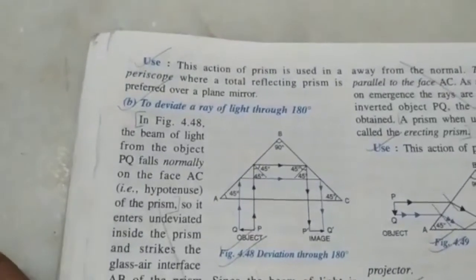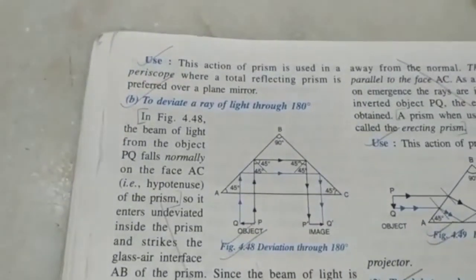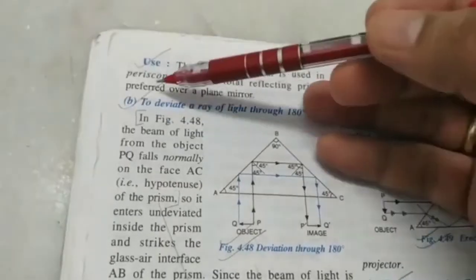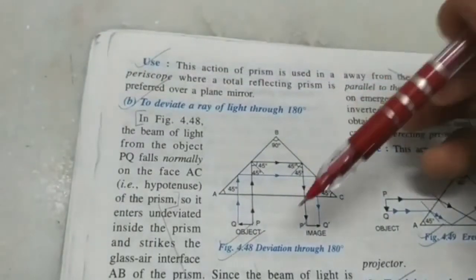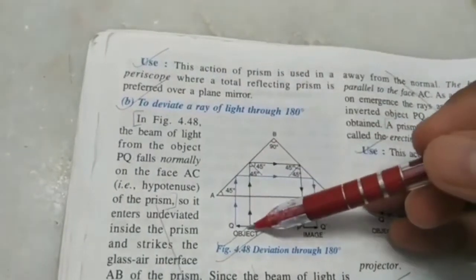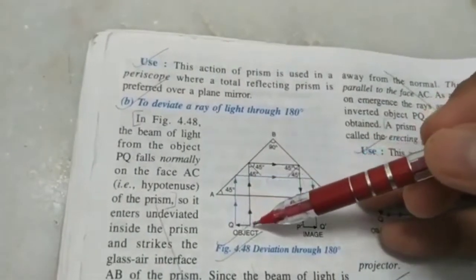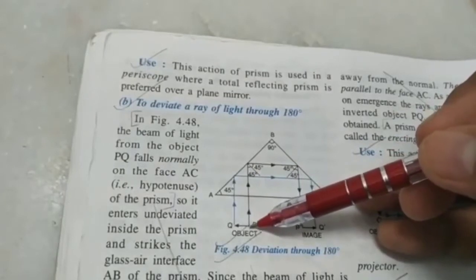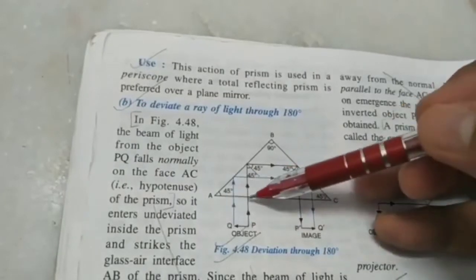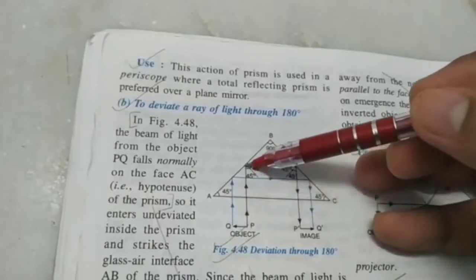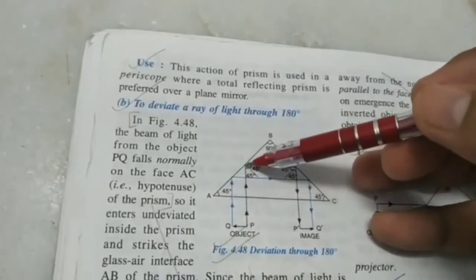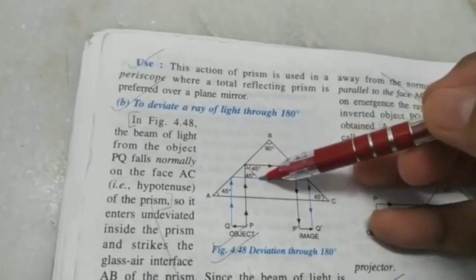What if you want to deviate the ray of light through 180 degrees? By the way, the previous one is used in periscopes. I already showed you the diagram of a periscope and how it is used. Now here, let's start with the object. Let's focus only on the black ray of light. At surface AC now, no reflection or refraction will happen. It just goes straight. At surface AB, total internal reflection will take place because the angle of incidence is 45,